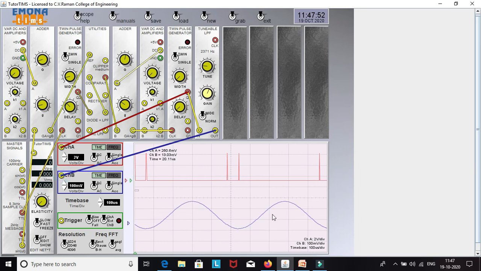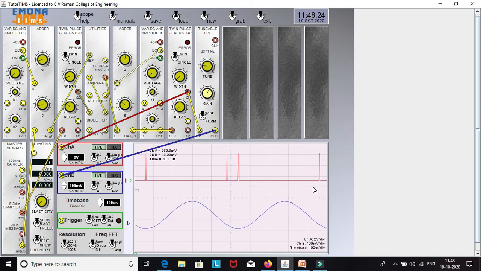So if you see here, now I am able to get back my original signal which I have given in the input. That also you have to check using two channels, meaning in channel 1 you have to take the message signal, and in channel 2 you have to take the demodulated signal. Also you need to compare the PPM with the message signal so that you can know that there is a variation in position when the message amplitude is high or low. That also you have to vary and write in your conclusion.